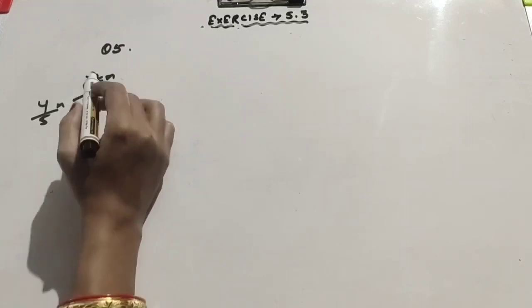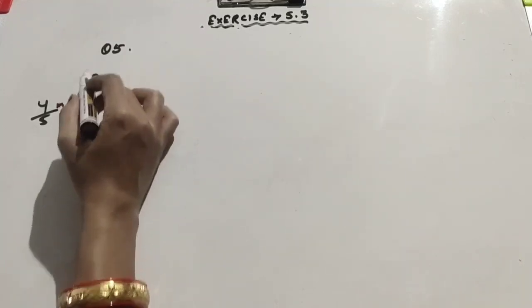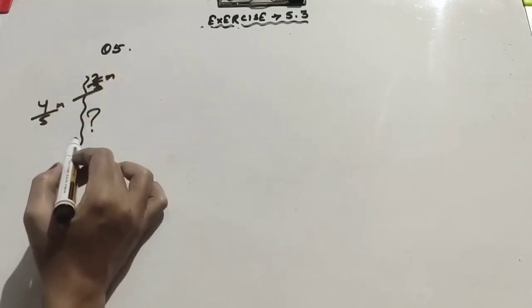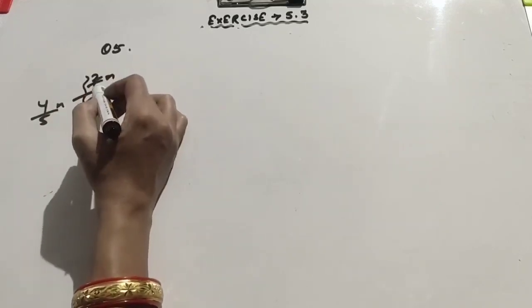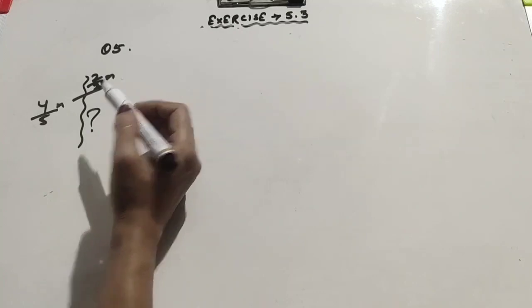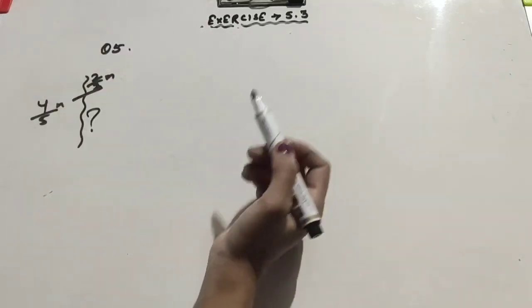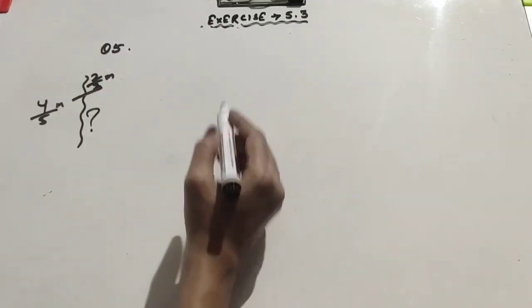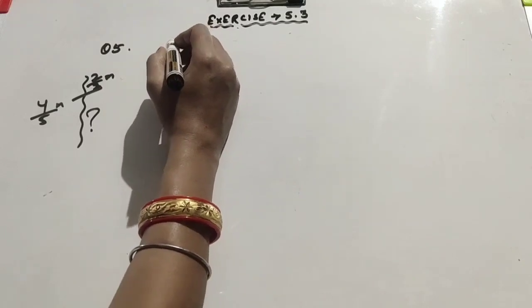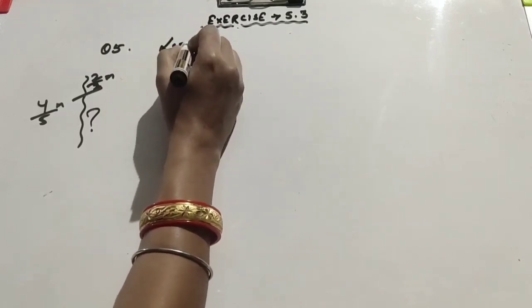One part is given 2 by 3. Total rope is given 4 by 5 meter. But the other part is not given. So we will just find the other part. What we will do? You just write